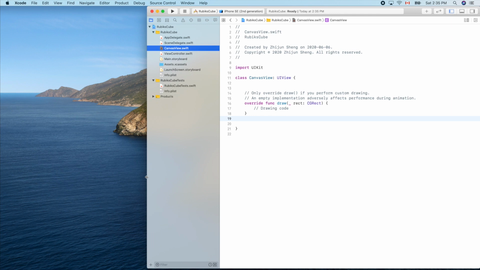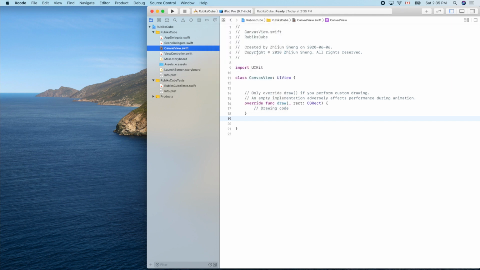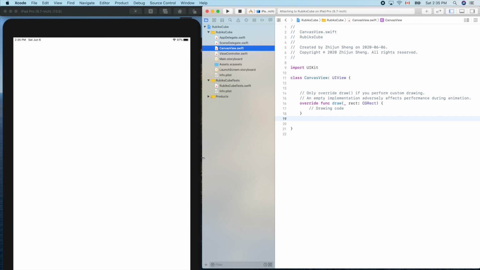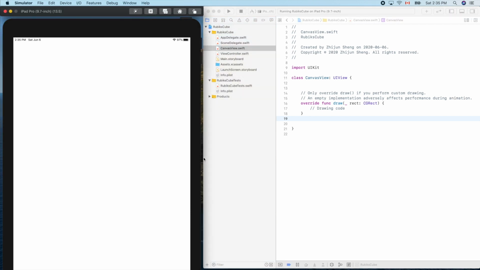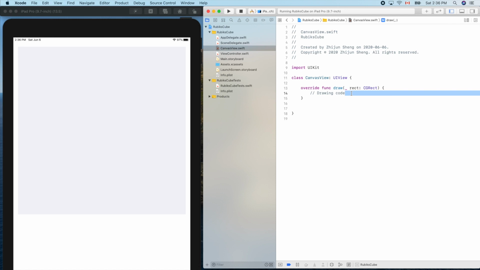Now we can go back here to focus on our code writing. But before that, let's run it to make sure everything works as expected. So let's select our 9.7 inch simulator. Command R, run it. Let's make it a little bit smaller so we can see the simulator. Yeah, the light gray canvas view. Okay, now let's clean up this one here and start to draw